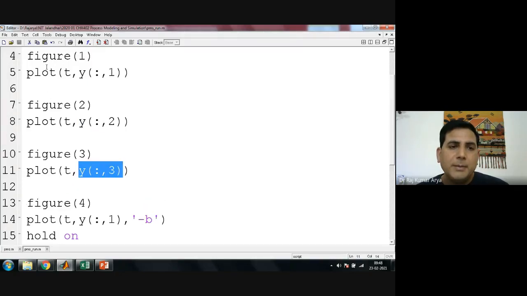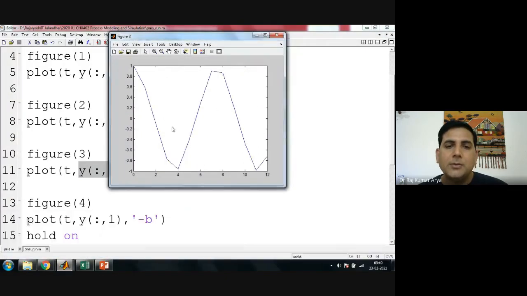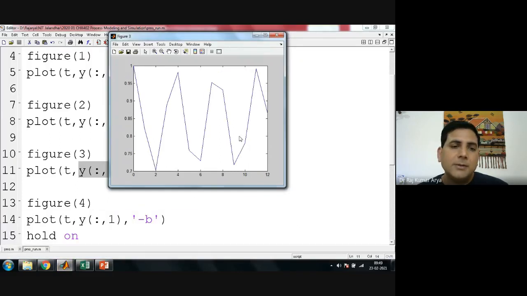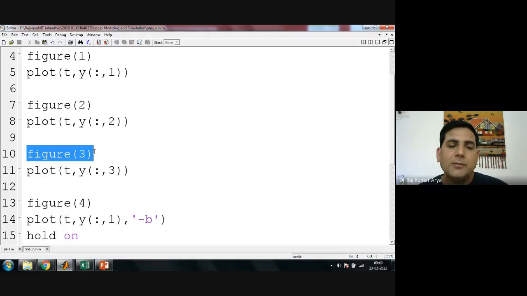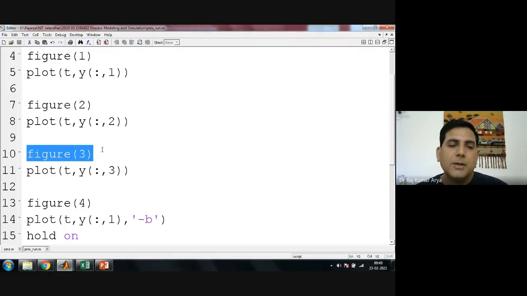All these graphs would be plotted in separate figures: y1, y2, y3. Therefore you have three graphs here. Figure 1 is y1, figure 2 is y2, figure 3 is y3. This choice is yours, what number you want to give for the figure. If you want to give it 5, it's okay. Whether 5 is there before that or not doesn't matter in MATLAB. You can give it any number, but it must always be a number only. It cannot be an alphabet. So this is what you want to have.